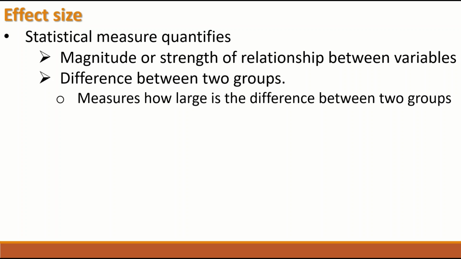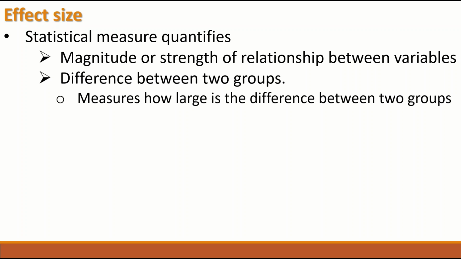So the difference between the two groups measures how large or how small the difference is. Whether one group has a higher mean and the second group has a lower mean, then the difference will be large. If the means for the two groups are close to each other in value, then there is a small mean difference, and that mean difference is valued when performing meta-analysis, and it will reflect the effect size, as sometimes it is called the standardized